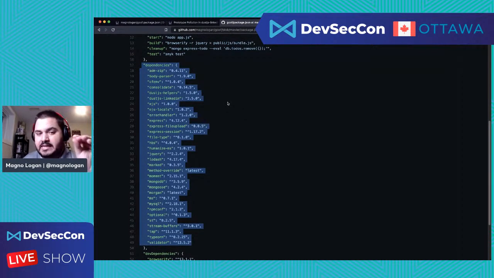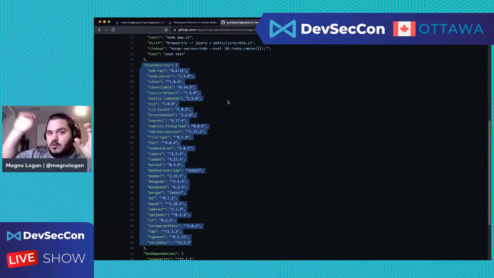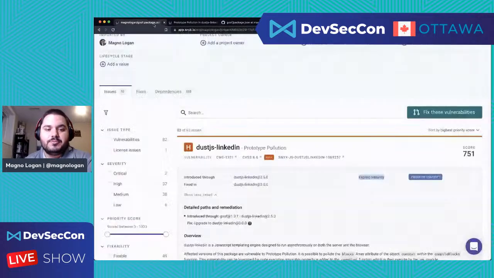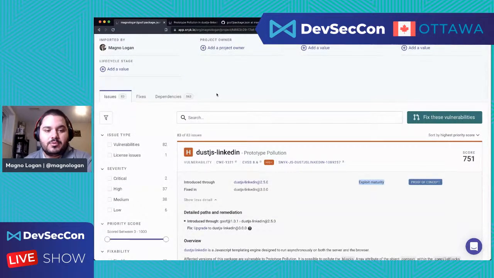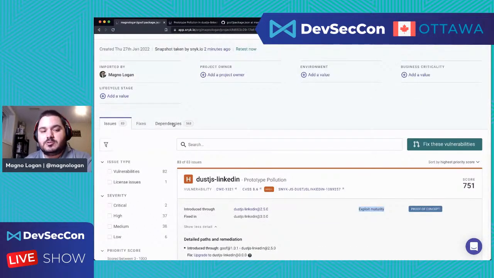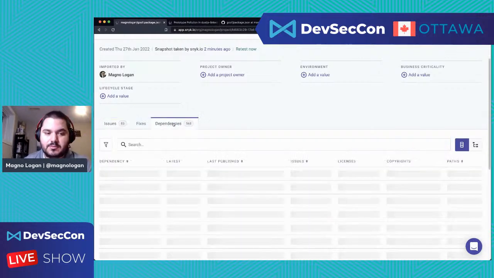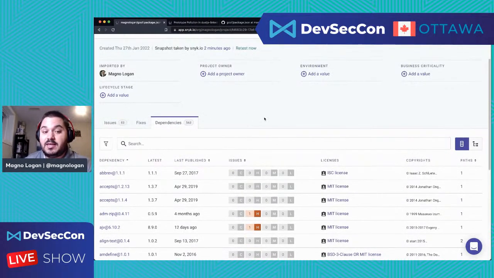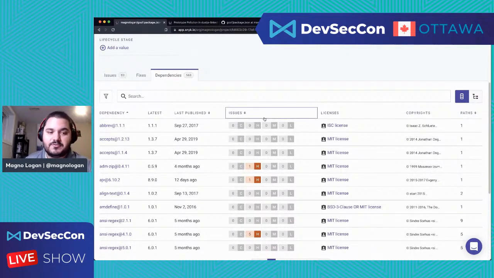These are the direct ones, but these dependencies can call other dependencies and so on. And Snyk already provides that information for me here: the number of dependencies that I have in this project, which is just an example project that we use for demos and everything, but it already has 563 dependencies. Not all of them are vulnerable.